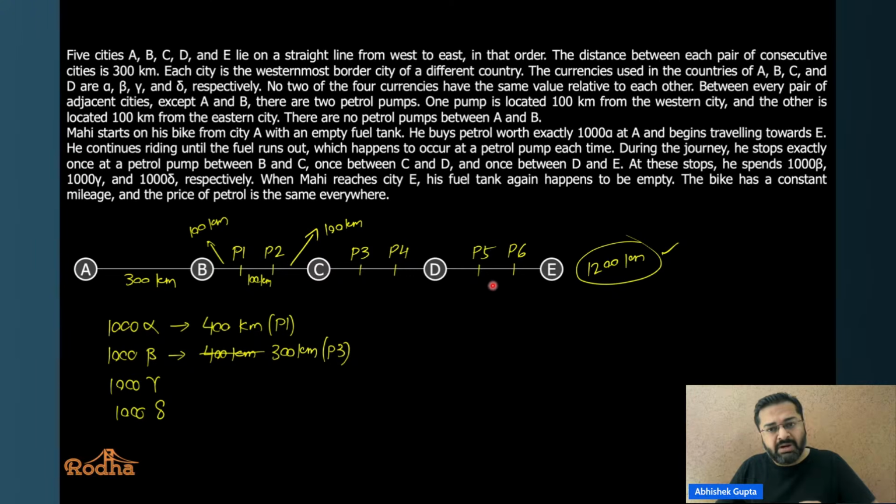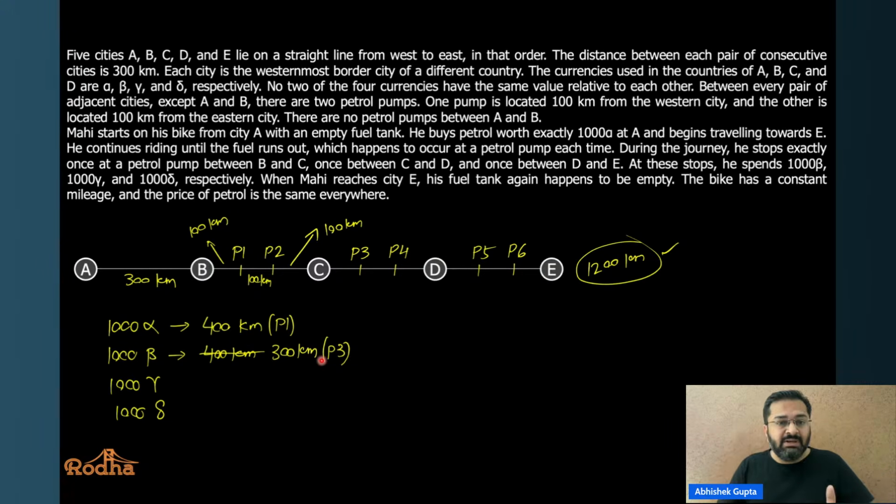If I make him stop at P6 वो भी तो हो सकता है ना, then क्या प्रॉब्लम हो जाएगा, ये P3 से P6 कितना डिस्टेंस है, this is 400, तो ये बराबर हो जाएगा. तो in both the cases, if I make him stop after P3 at P5 तब ये रिपीट हो जाएगा 300, 300, नहीं हो सकता, चारों डिस्टेंस should be different. If I make him stop at P6, then P3 to P6 would be 400 kilometers. So in either case, we can see that there will be some repetition. चौथे को तो हमें देखने की जरूरत ही नहीं है.